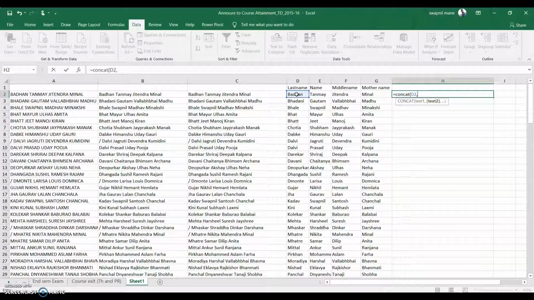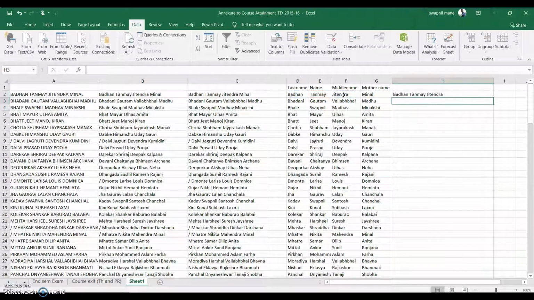So we will open inverted commas, type a space, close inverted commas, then comma, the next text, then again comma, inverted commas, space, inverted commas, again comma, then the middle name and close the bracket and press enter.